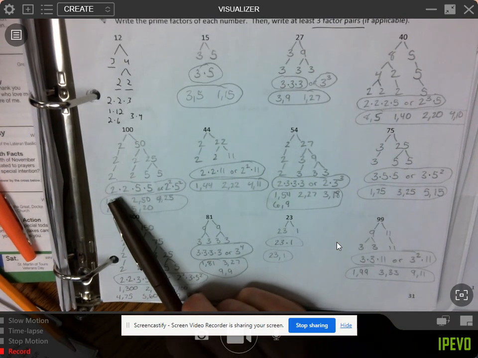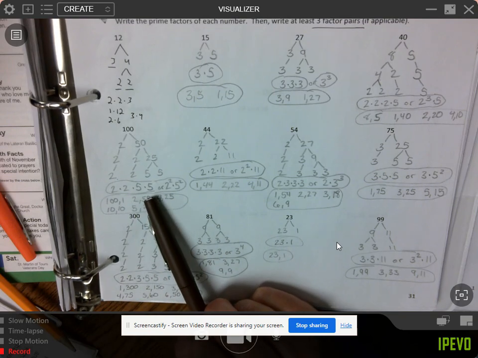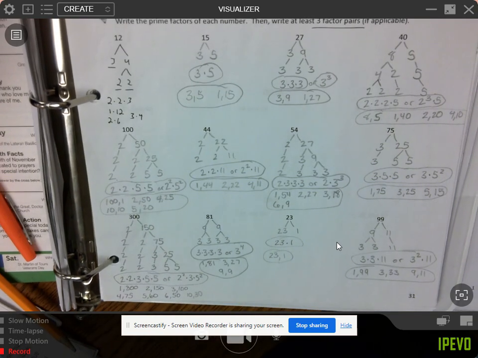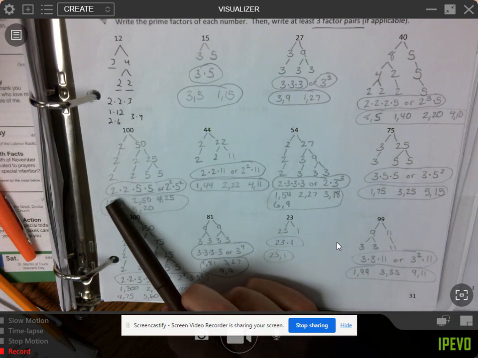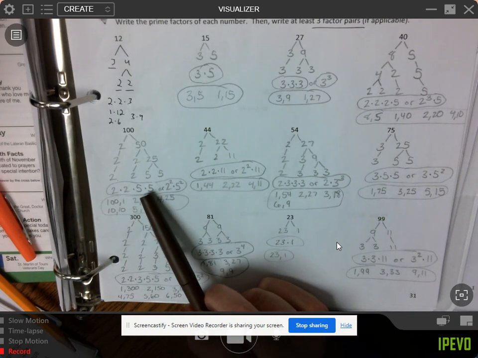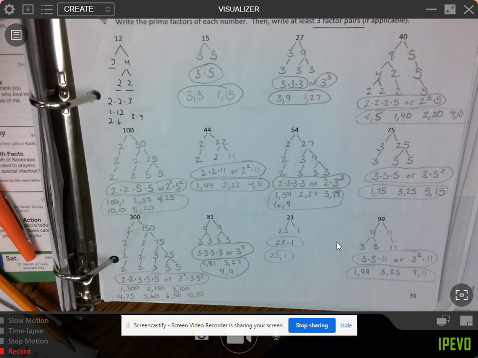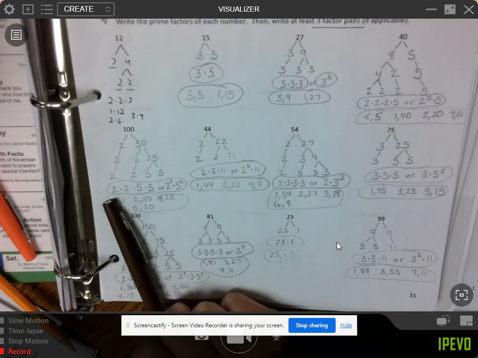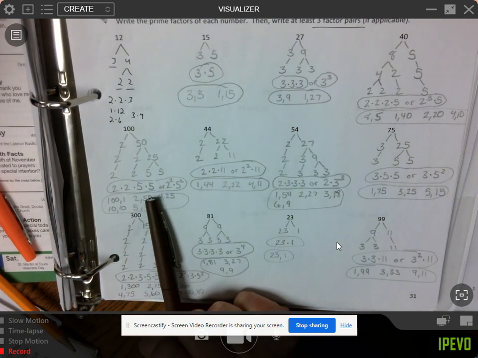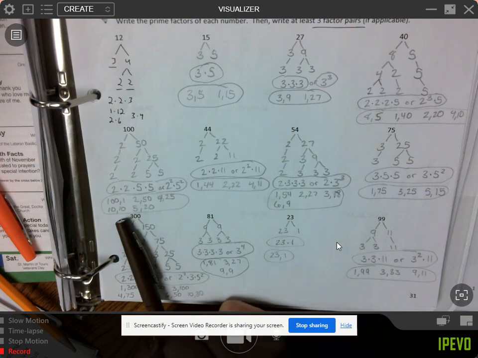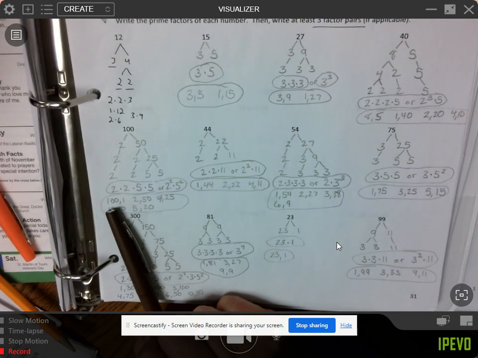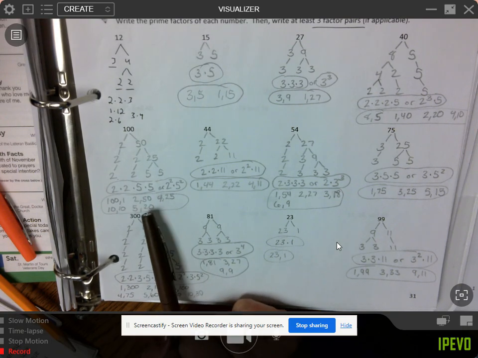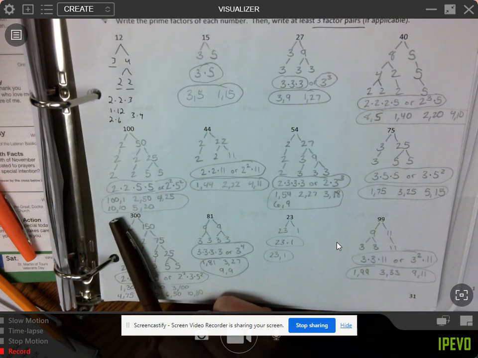The next one, 2 times 2 times 5 times 5, or you could say 2 squared times 5 squared. Some of us might have put 5 times 2 times 5 times 2. It doesn't matter the order that we multiply, we still get the same answer. So as long as you have those factors that you're multiplying through, it doesn't matter the order they're in, it would still be correct. Factor buddies of 100 would be 1 and 100, 2 and 50, 4 and 25, 10 and 10,